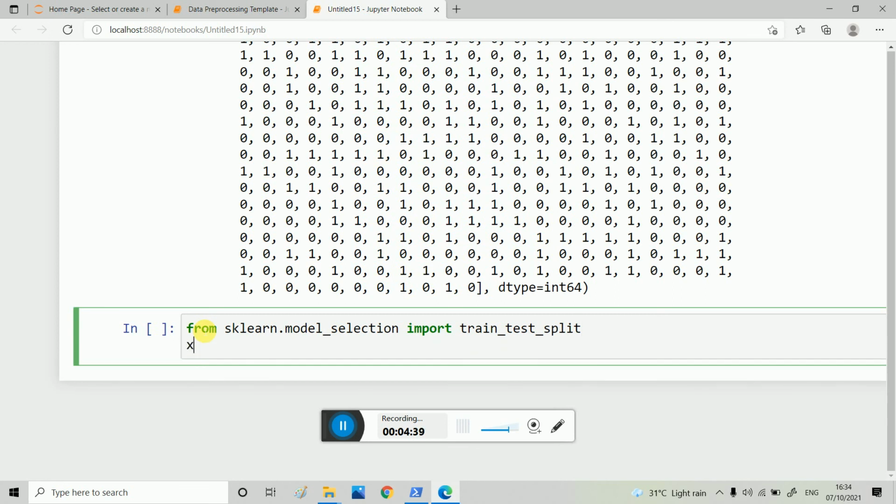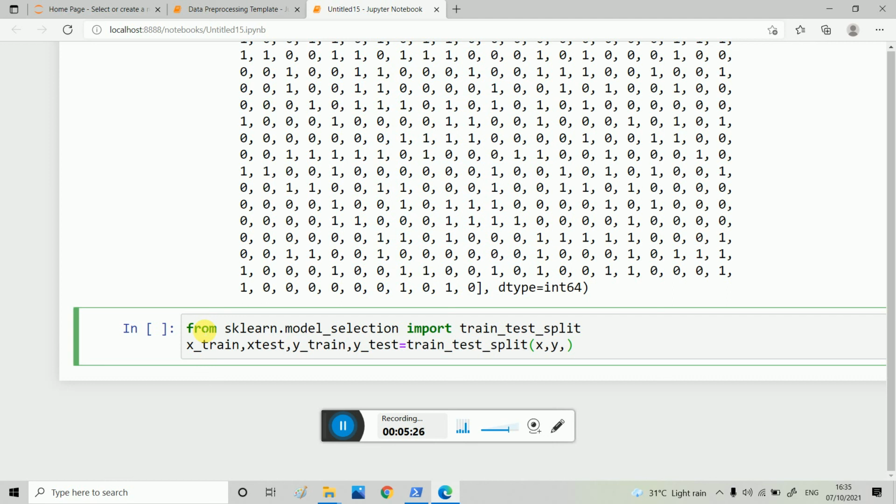And now I write X_train, X_test, y_train, y_test is equal to train_test_split of X, y, and here we have to write the test size.